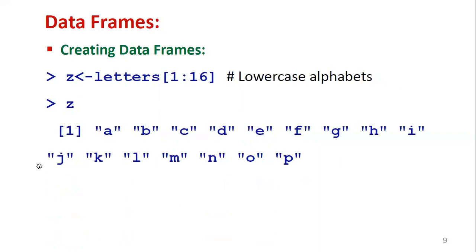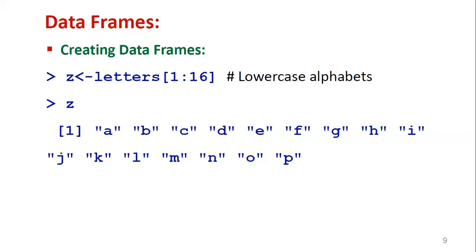Then another example, the alphabets, letters. Here we are using another vector Z, storing letters 1 to 16 only, not all 32, with lowercase alphabets. Why? Because here we use letters as lowercase. Whenever you call that, A to P, the first 16 letters of the alphabet are displayed. Now we used X as a vector, Y as a matrix, Z as an alphabet.